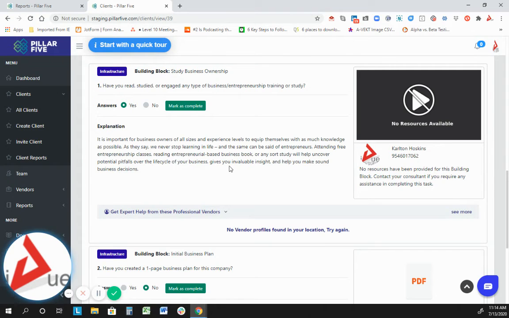So that means, let's say I have a partner, or an associate or network partner who I deal with at DNI or at the Chamber of Commerce, and they're an accountant, and I have another one who is an attorney. I may want to add them to my vendor list. The only way I'm going to be able to add them is if they are licensed with Pillar 5. Then I can simply add them as a contact here,